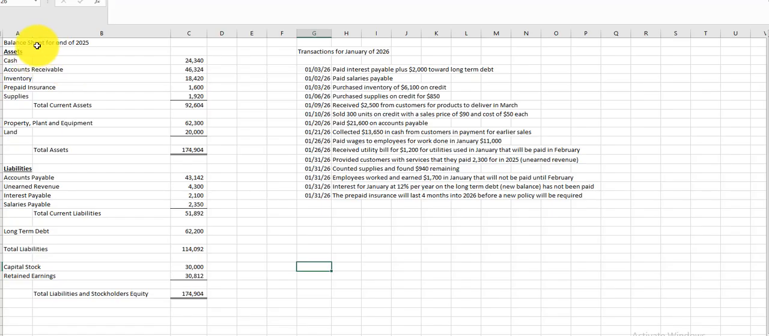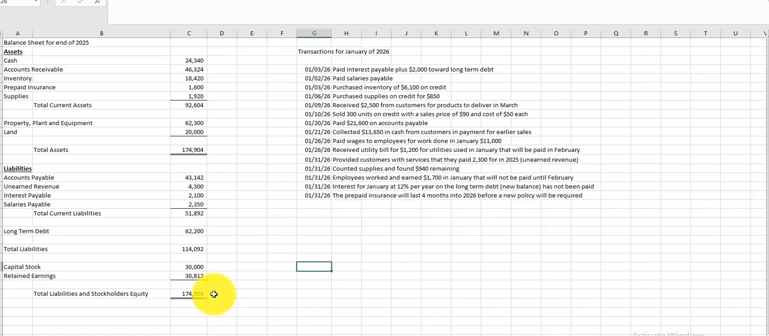Here's the end of 2025: assets, cash, accounts receivable, inventory, prepaid, supplies, property, plant and equipment, land; under liabilities, accounts payable, interest payable, salaries payable, long-term debt, some totals, and capital stock and retained earnings. Just like we've learned the format. So those are going to be our starting point for 2026. Those become our beginning balances, as we'll see in a minute, to our T accounts as we start